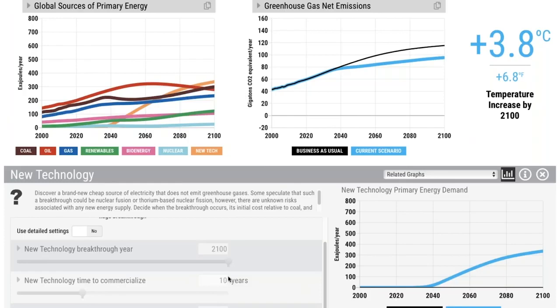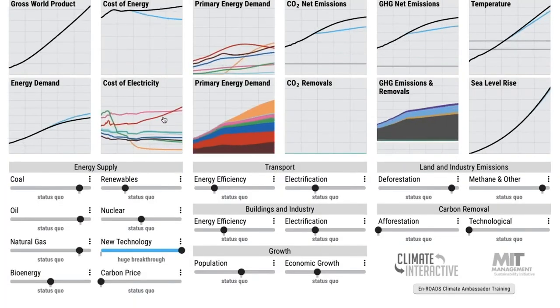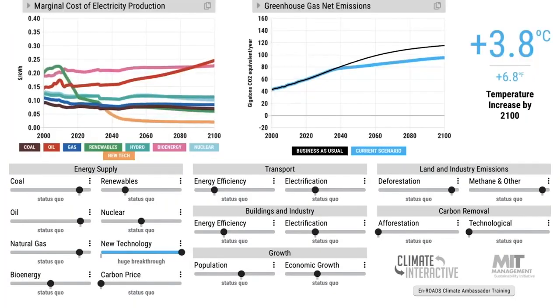So it takes 10 years to commercialize, around 2030. Then it's really cheap, and we can go and see how cheap. Here's the cost of energy, and I really encourage you, if you're serious about the model, look around a good bit. It gets cheap, but it only gets cheaper than coal out in the 2030s. Here it is, cheaper and cheaper.